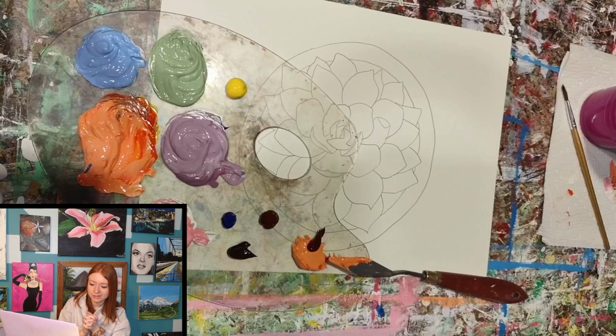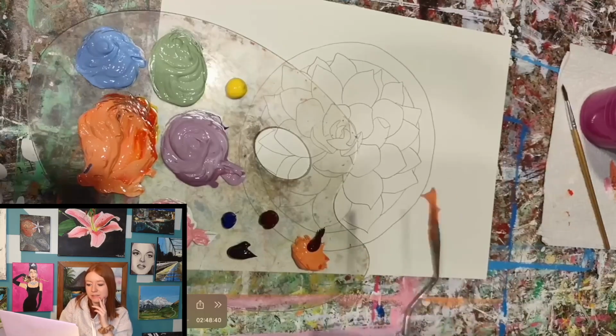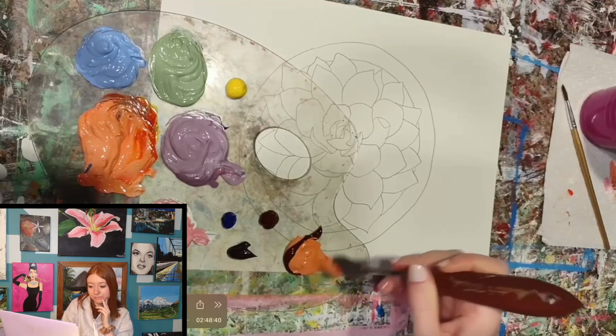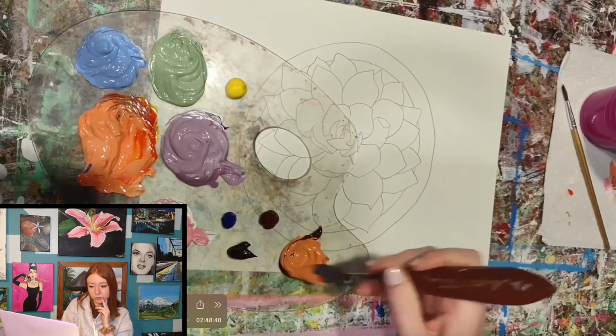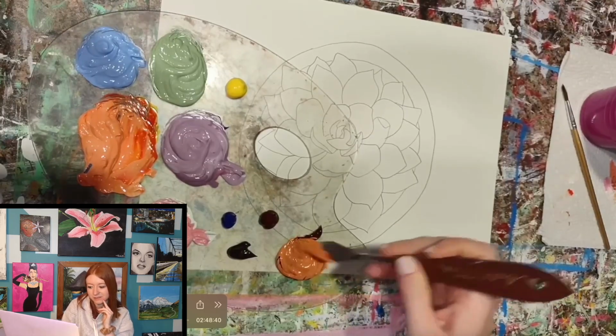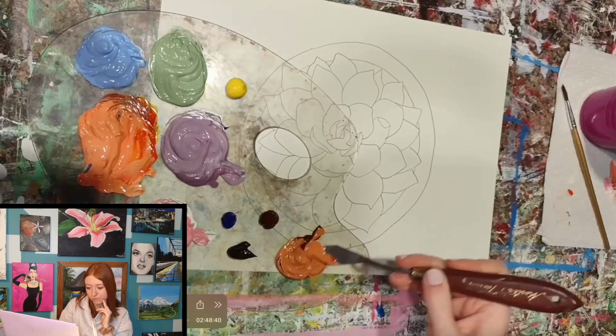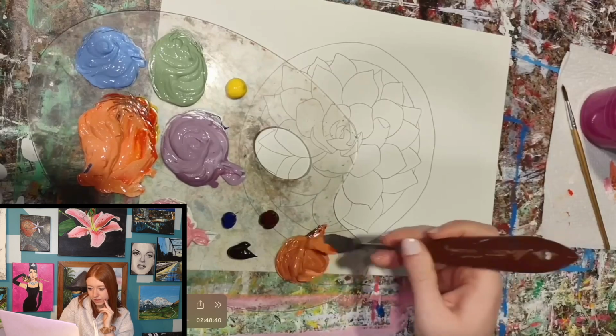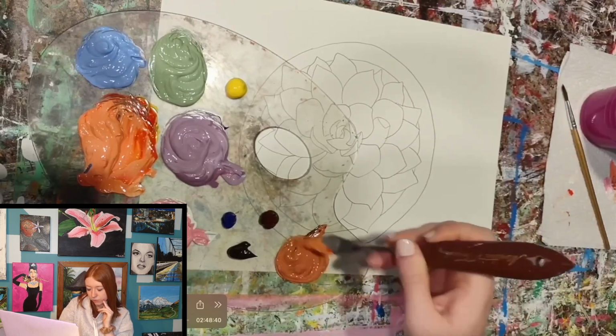So what do you think, my fellow artists, what will happen when we add burnt umber to this really light orange tone that we already made? You can answer as we start mixing it here. You may have no clue what's going to happen, unless perhaps you have studied color theory or taken color theory classes with me. So as we mix in, let's speed it up a little bit here, this burnt umber, it is changing not only the color